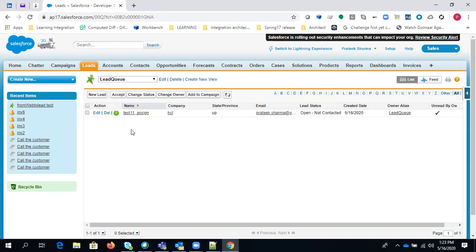No, there are two objects: you can create for lead and you can create for case. There are two options, Himanshi, by which you can create a lead and a case: web to lead and web to case. The same thing you can use with web to case. Tomorrow we'll discuss Service Cloud, then I will tell you about web to case. Okay.